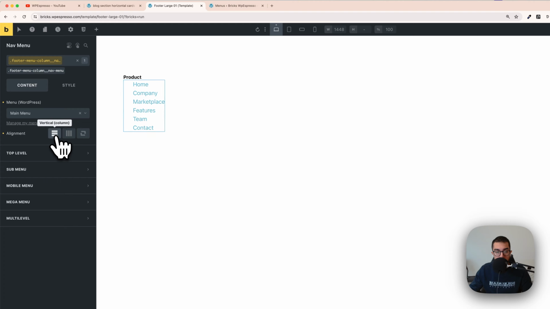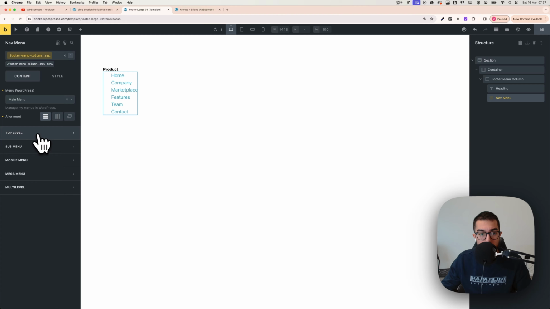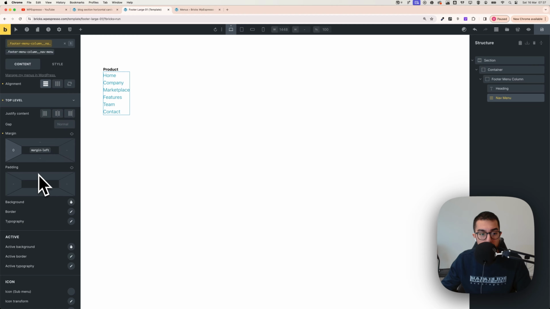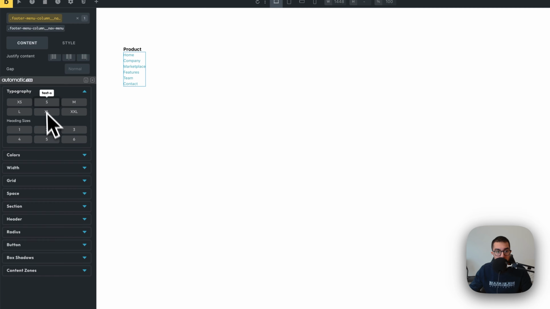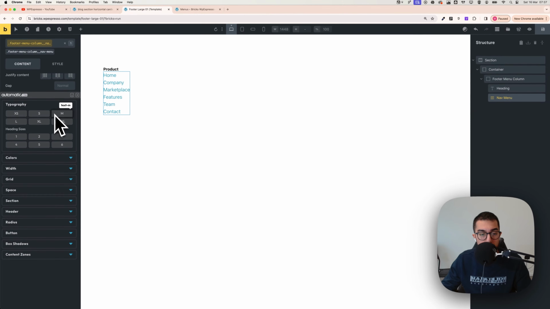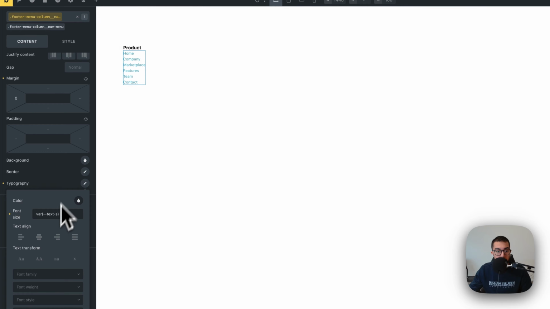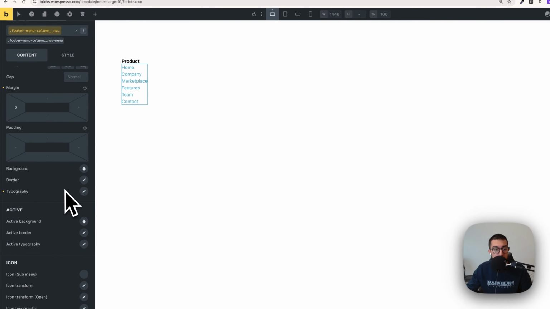And first of all, I want to make it vertical, and then we need to remove the spacing and everything. So to do that, let's check the top level and make sure there is no margin, so margin 0. Then you can also change the typography. Let's say I click here and I want a font size that is a little bit smaller. You can do that, or keep it as M. Let's say I want to make it S. Okay, and again I would calculate this with calc, parentheses, multiply 1.2 and close parentheses,